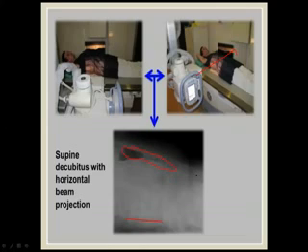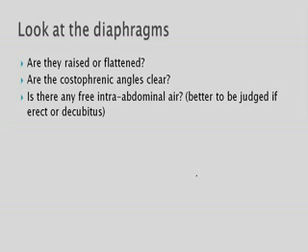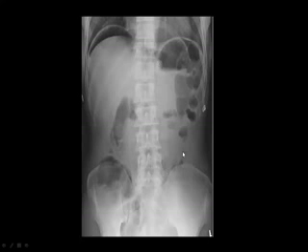Like on these things, we should know the normal anatomy. So first, look at the diaphragm, whether it is covered or not, and is there any air under it? It's a part of pathology, but still it's very important to see the diaphragm. And by seeing this diaphragm also, you can tell whether it is a supine or erect film. If the diaphragm is more convex and well seen, it will usually be an erect film. When the convex diaphragm is seen like this, it will be an erect film, and you can see air here.